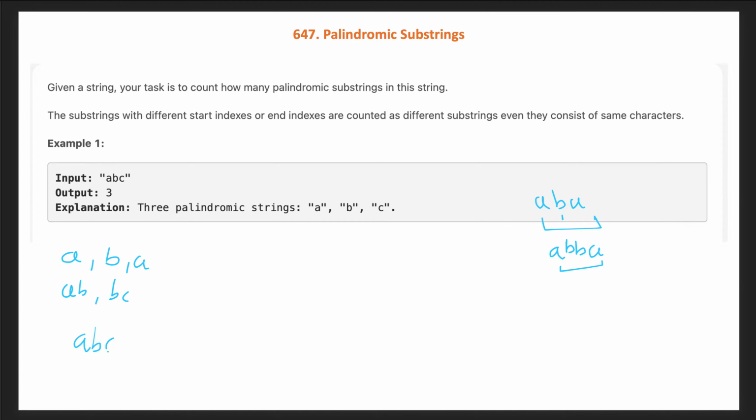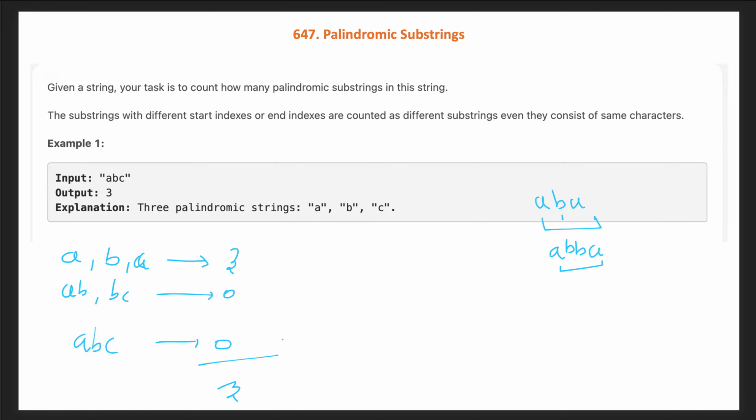So these are the 6 possible substrings of ABC. The 3 single-character strings are always palindromic, hence 3. No string of length 2 is a palindrome here, so it's 0. Similarly, ABC is not a palindrome, so it is 0. We sum them up and it is 3.